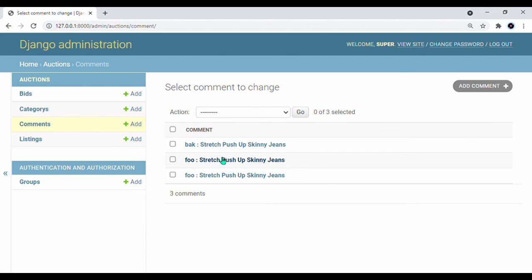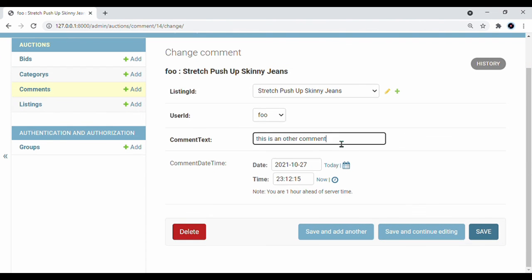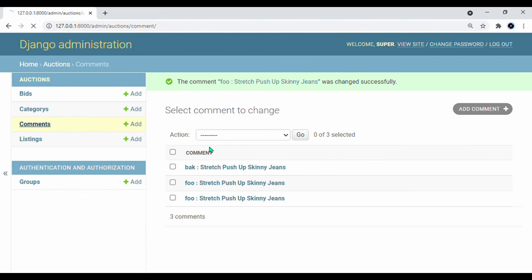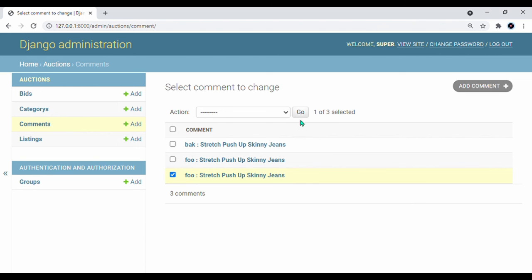Comments, for example, we can change a comment, save, or delete this one,